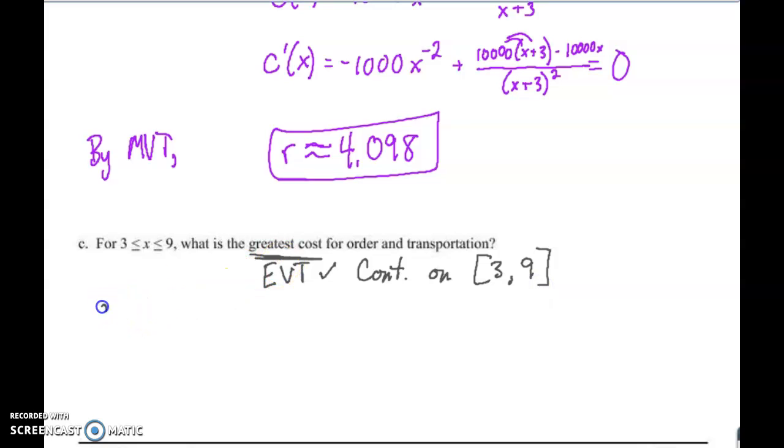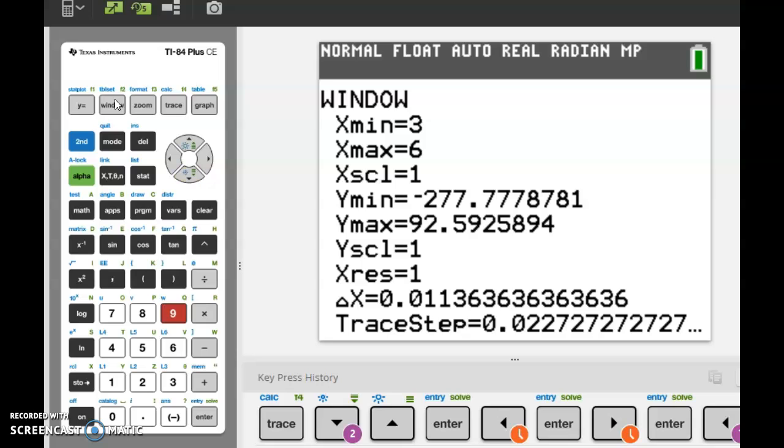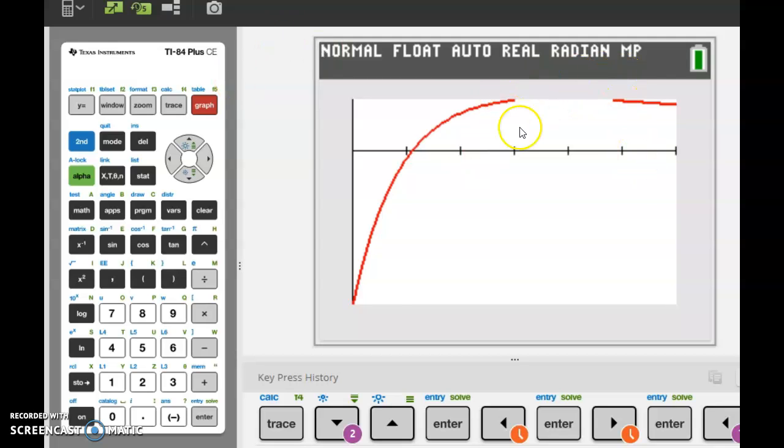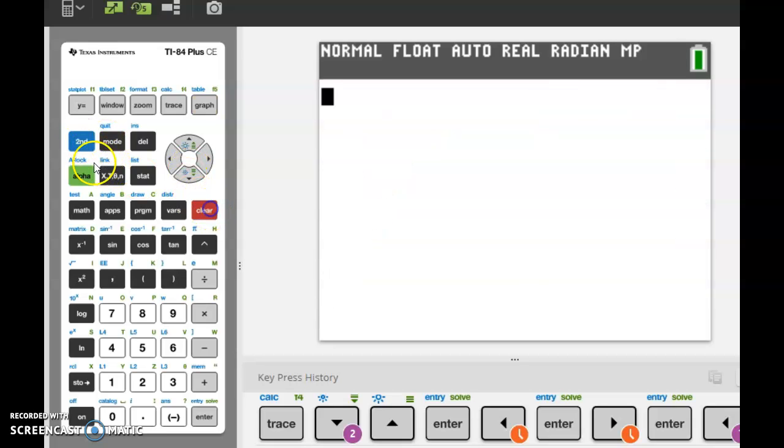And what you need to do then is check what's c of 3, which we found out earlier, c of when the derivative equals 0, but then also c of 9. So we actually found that 4.098 earlier, so that's an extreme. The only thing is I would also double check, if I go back to my calculator, that it doesn't cross the x-axis again from 3 to 9. So if I double check that again, it doesn't look like it crosses the x-axis again, and I would only have to zoom out a little bit to see that. So I think I'm good to go, and I'm going to quit out of this,